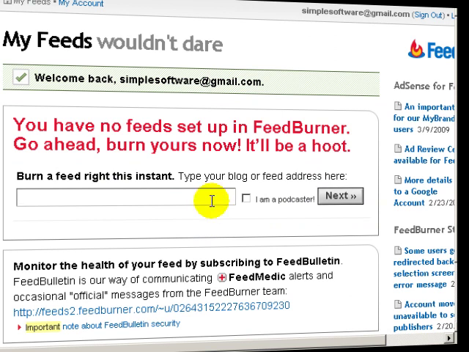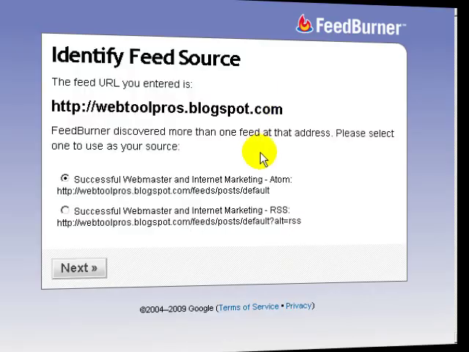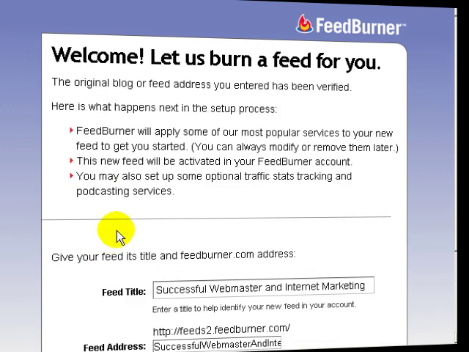and for example, if you have no feeds, delete that. And for example, if you wanted to integrate blogger.com with Feedburner, all you would need to do is type in your username.blogspot.com, click on Next, and Feedburner will automatically detect your RSS feed. Right now it's detected 2, so what I'm going to do here is click the first one, click on Next,